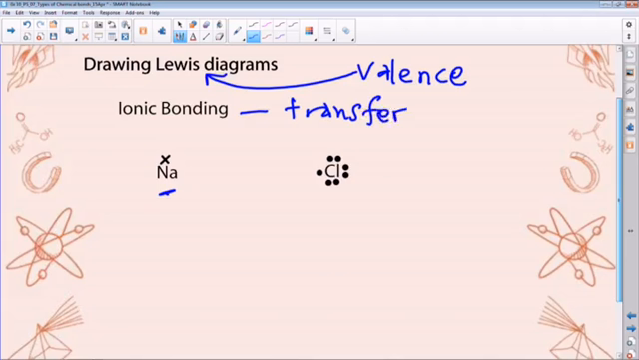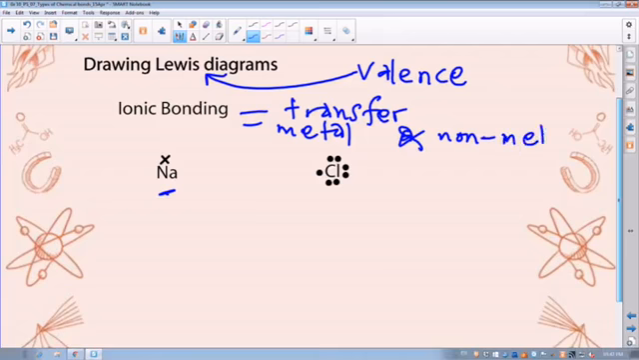Remember, transfer occurs between a metal and a non-metal. In this case, the non-metal is chlorine and the metal is sodium. So there is transfer of electrons. What actually happens is that this electron is transferred so that the chlorine has an electron structure